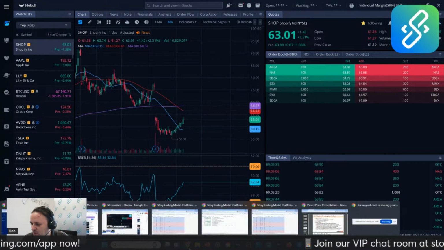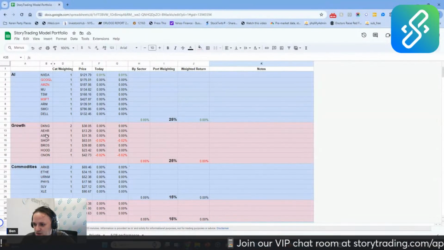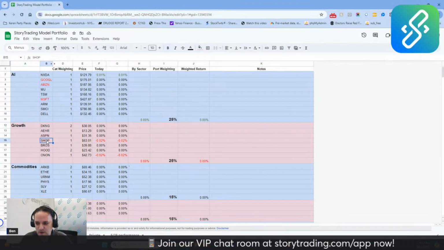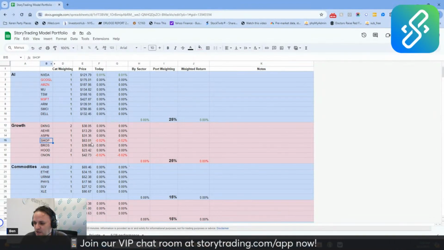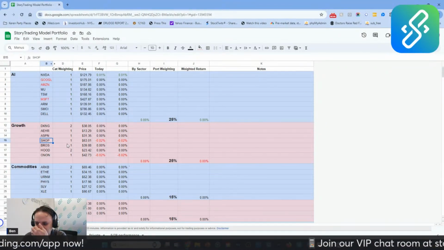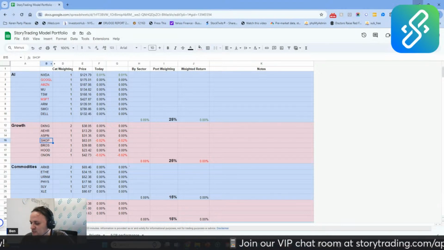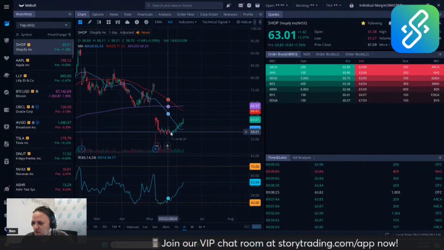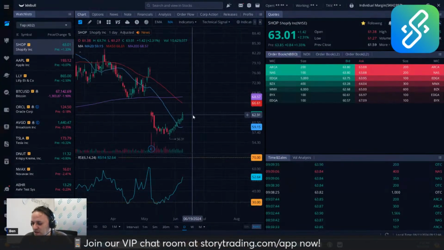Now we have had Shop in our model portfolio here in the growth bucket right there. We added it right near the bottom, actually. Oh, we don't have the entry prices here. We should add that. We should add our entry prices on here. So that'll be interesting. So in any case, we're getting the benefit of Shop in our model portfolio, and kicking